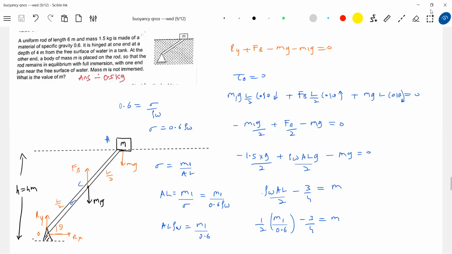Now, after getting the value of m, substitute here, then you can get the reaction also. So what are Ry, Rx? They are the reactions. So it's possible, they may ask you that also. So buoyant force, can it set up a torque? Yes, it can also set up a torque. And that's the overall conclusion we are making.